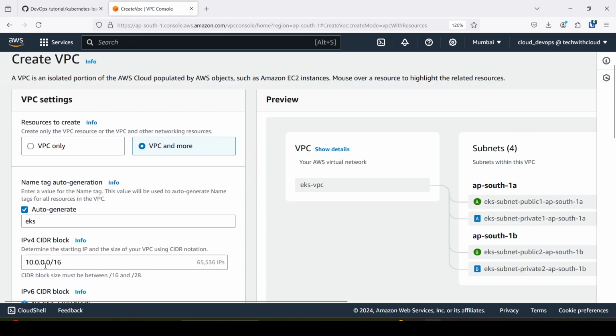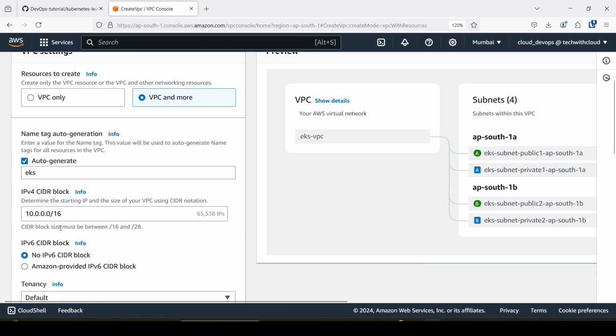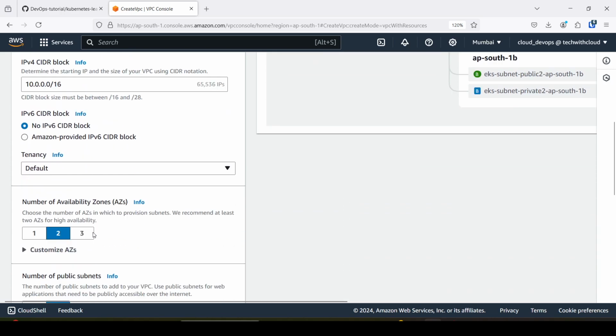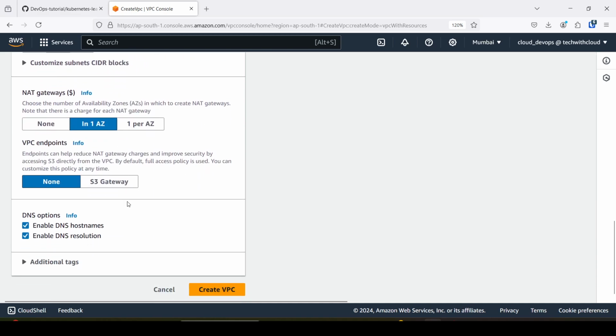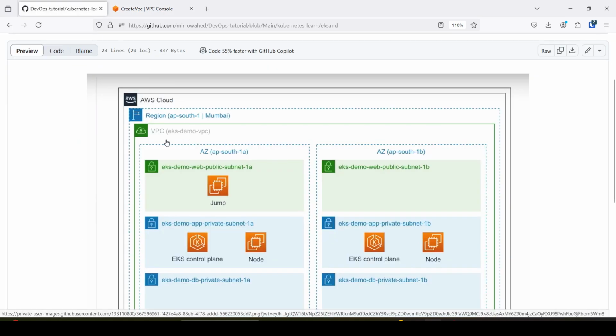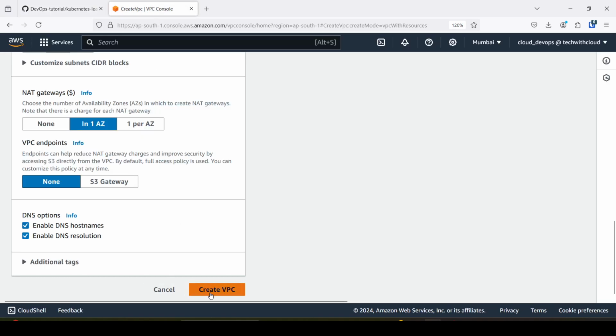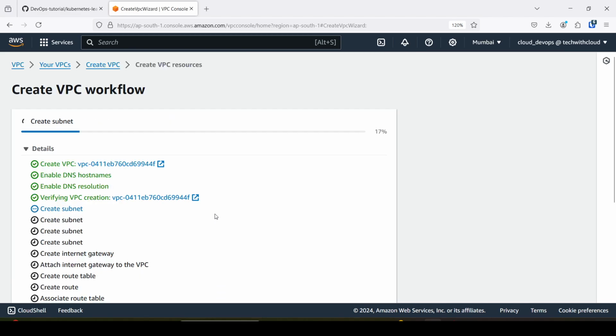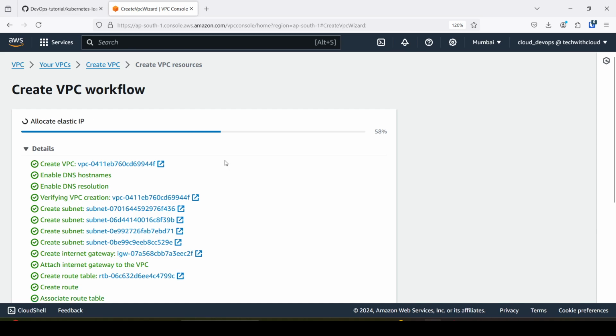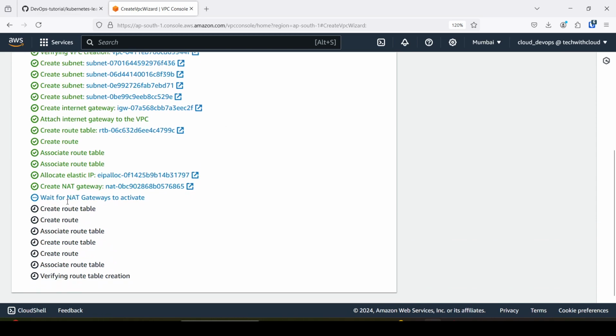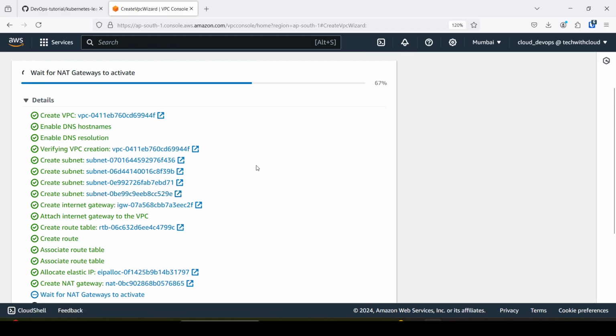This is the CIDR range of the VPC. Then click on create VPC. This is the VPC diagram. After this, it takes time to create the NAT gateway. In the meantime,